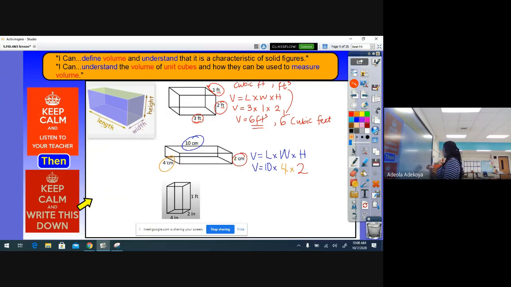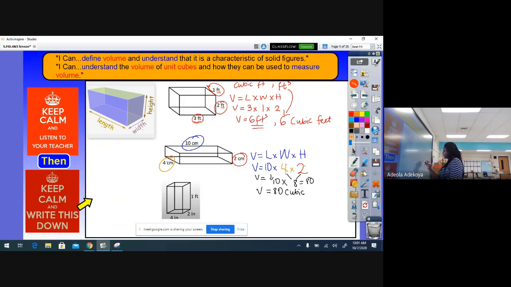So my volume is the volume of this object. When I go ahead and multiply, there are several ways for me to do this. I can multiply the factors in any order. So I'm going to go ahead and multiply my 2 times 4. 2 times 4 will give me 8, and then bring down my 10. All right, and then 10 times 8 will give me 80. So my volume here will be 80 cubic